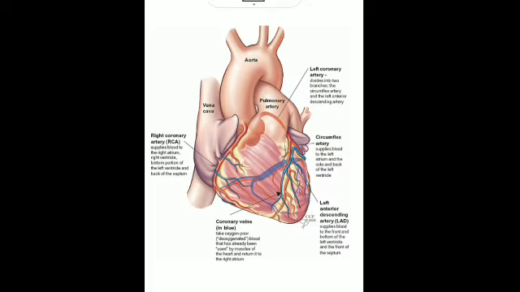I had told you about the blood vessels entering and leaving the heart, the vena cava, that is the superior and inferior vena cava, which are responsible for bringing the deoxygenated blood from the upper and lower part of the body. Then the pulmonary veins, which bring the oxygenated blood from the left and the right lungs, and it is the only vein which carries oxygenated blood. Is that clear? Then the pulmonary artery and the aorta.